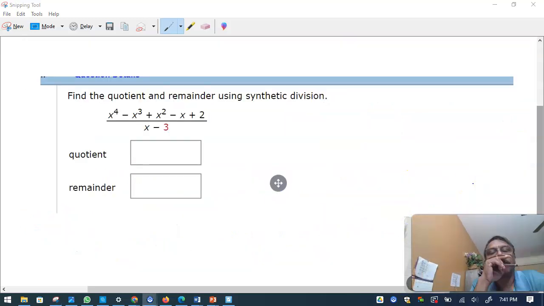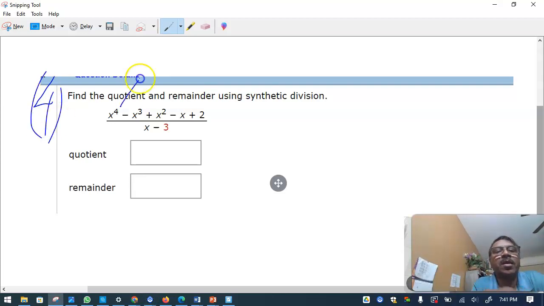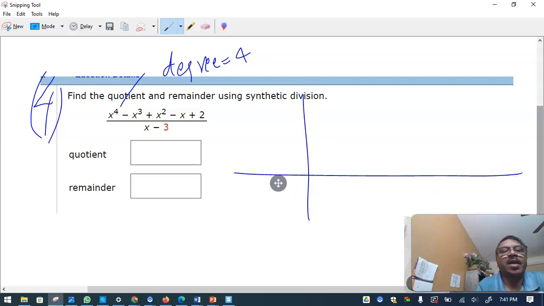Okay, let's move on. What about this question number 4? Let's solve one practice problem of question number 4. You can see the degree is 4, so you'll have 5 terms to be written down. The coefficients start with 1 here, so 1, then minus 1, then plus 1,